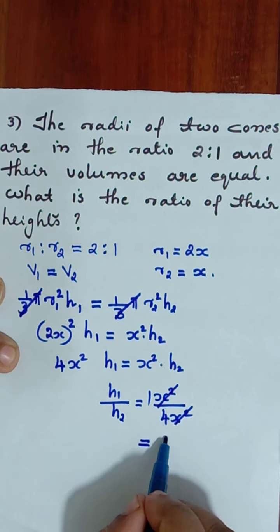That is also we can take. Now it's given that h of cylinder is to h of cone. That's equal to 2 is to 3. Okay. So now next step is, what is the ratio of their volume? So volume of cylinder by volume of cone we have to take. Volume of cylinder by volume of cone. What is that equal to? Volume of cylinder is pi r square h by 1 by 3 pi r square h.